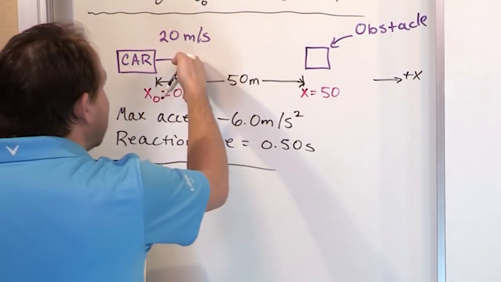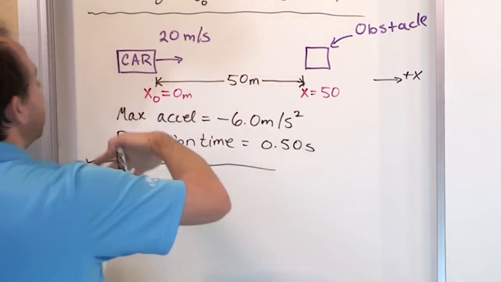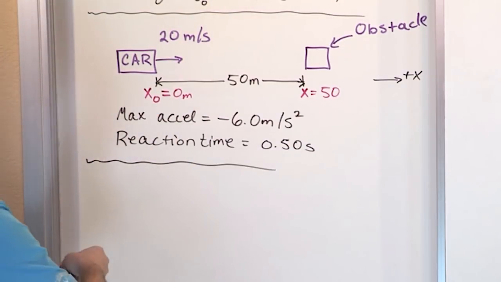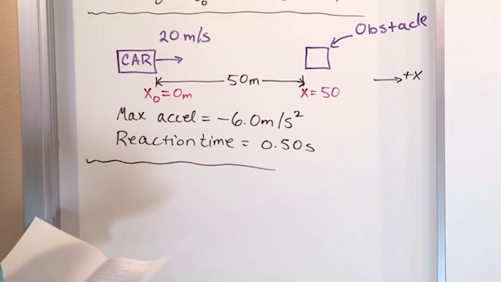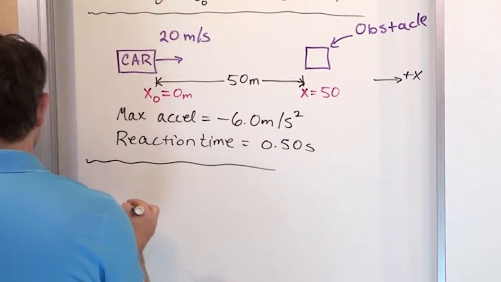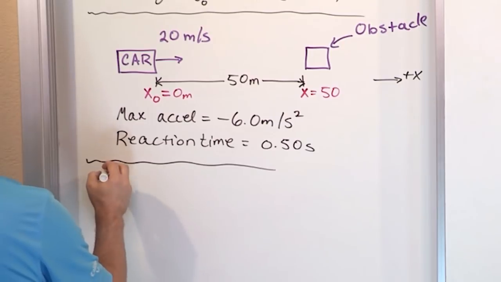Because then he's going to be even closer to the cow or whatever in this particular problem. So that's what we want to calculate first. Let me see, where do I want to do it? Yeah, let's do it right under here. Okay, the car travels